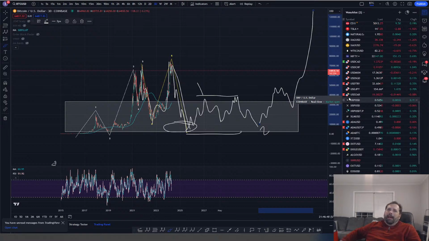And now we have BRICS and Saudi Arabia joining BRICS, and the threat of OPEC nations no longer supporting the dollar by selling oil in U.S. dollars, but rather they're going to start using other currencies as potential currency. So that's a direct threat to the existence and the stamina of the U.S. dollar as a viable